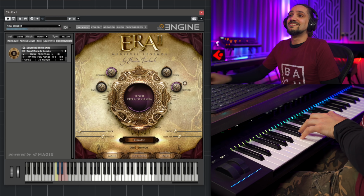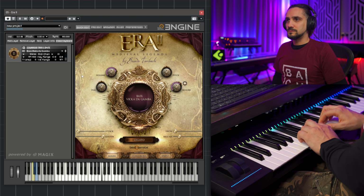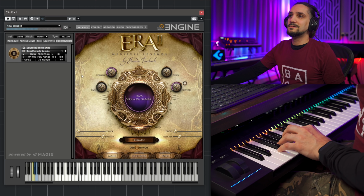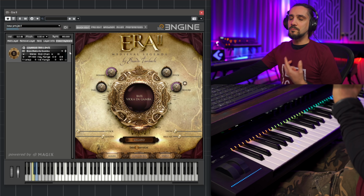And this is actually the precursor of the cello. Viola da Gamba means the viola that you play between your legs, okay? And yeah, basically this is the cello. So this is the tenor one, and there's also the bass one. This was an instrument that was part of the basso continuo back in the day. So yeah, very, very important instrument,